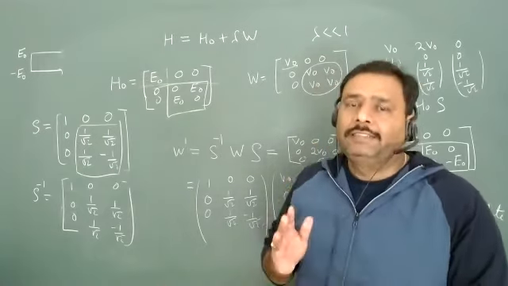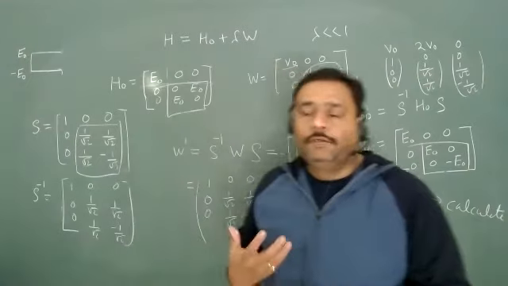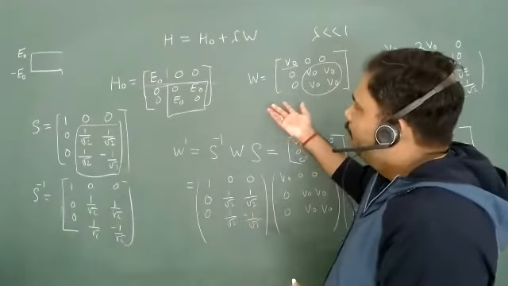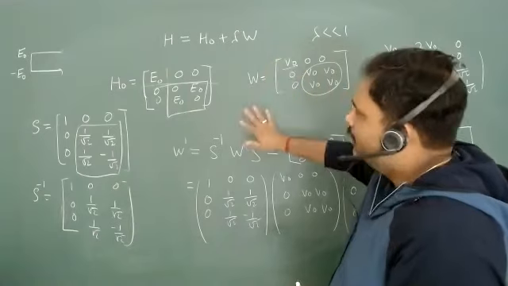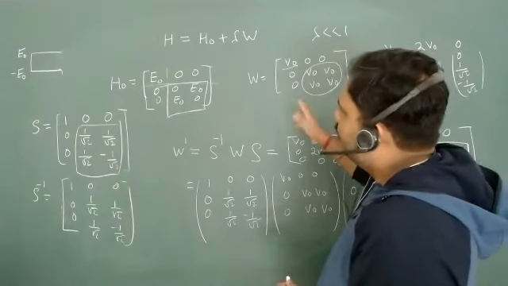Then what do you have to do? You have to go for the next step and diagonalize W dash. This is a very interesting thing. Try to think what is going to happen to your system. Only one or two problems can change your life. This is such a beautiful problem, and so beautifully designed. This perturbation is a beautiful perturbation. Why am I saying it is a beautiful perturbation? Let me go for the final analysis, the final answer. Then I can tell you why it is a beautiful perturbation.